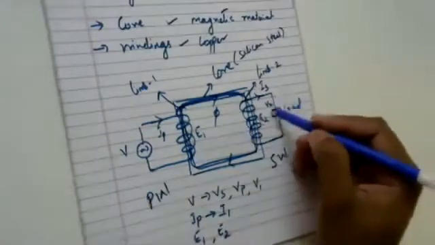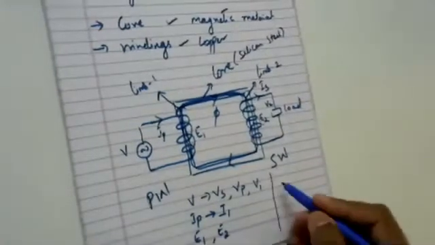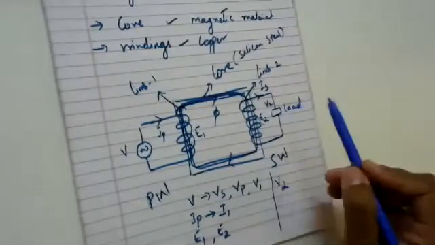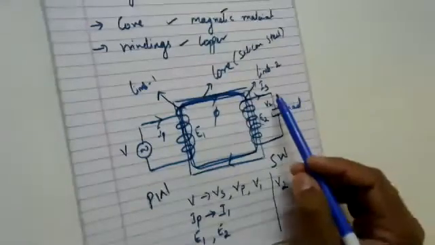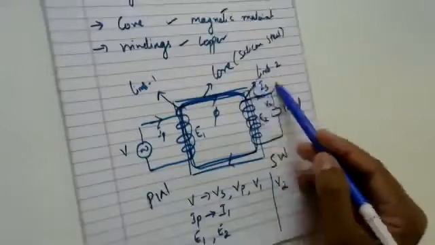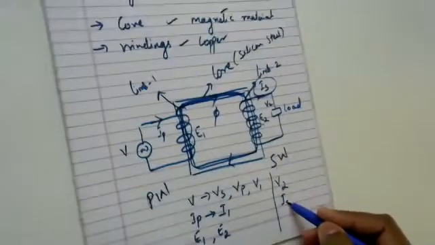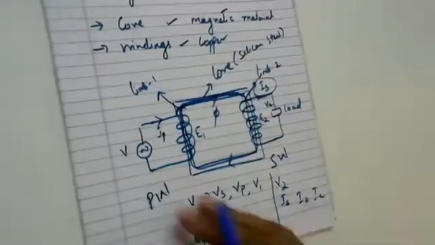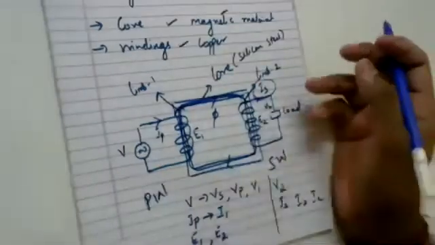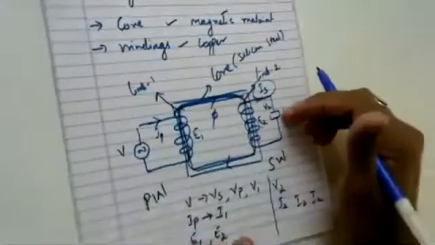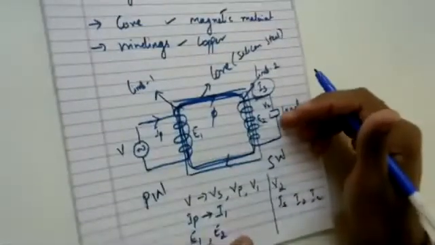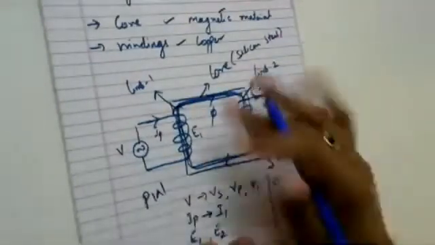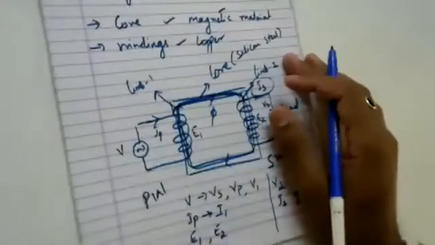What about the term V2? V2 indicates the load voltage or terminal voltage. It is also called the secondary voltage. What about this current? It is called the secondary current or load current, or you can also say I2. So these are all alias names. Whenever you refer to one textbook or another, they may not say terminal voltage; they may say load voltage for V2. So you should not get confused. The meaning of all the terms is one and the same. Is it clear to you?